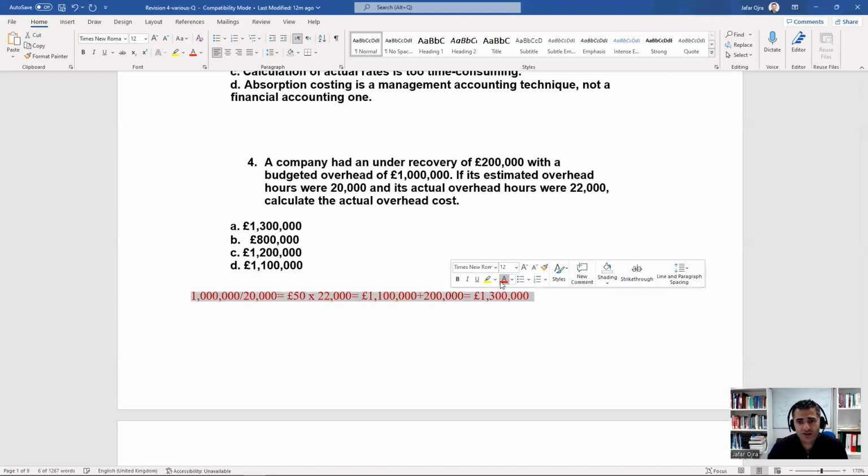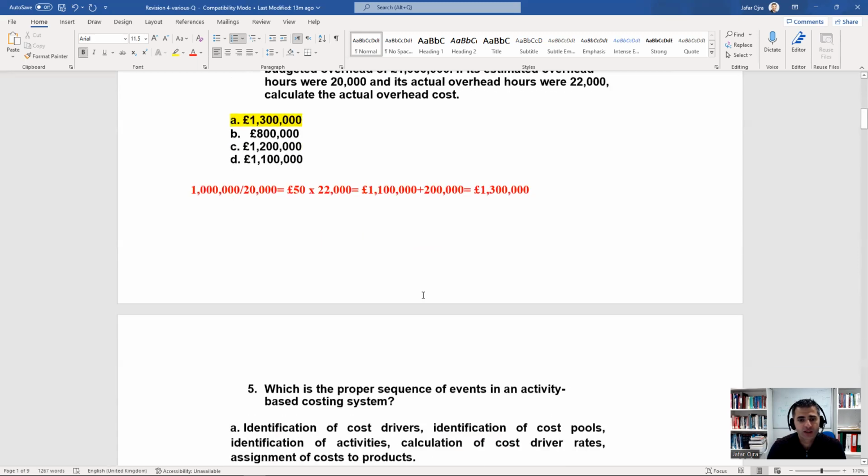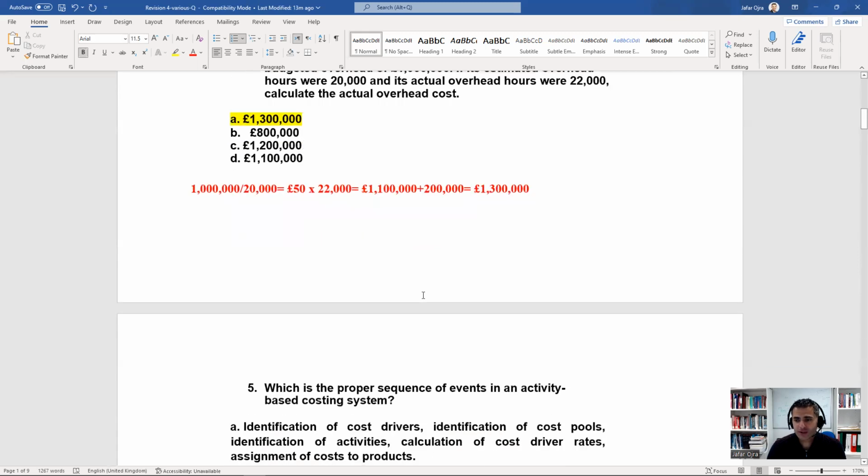This is the answer. The answer would be 1,300,000. So the answer would be A. So this is the way. These are the steps in order to calculate the actual overhead. Okay, right. Now let's move to